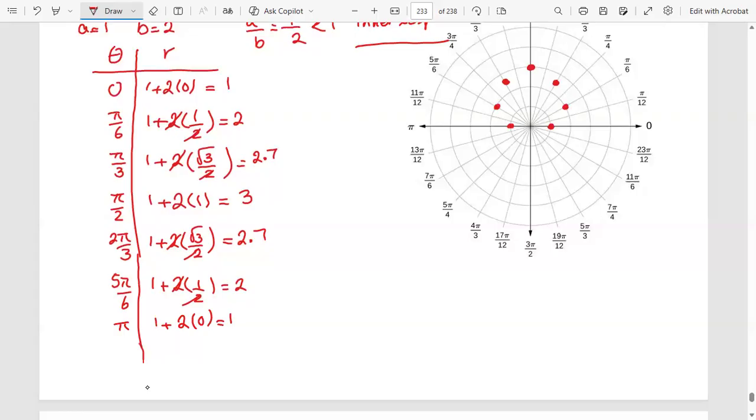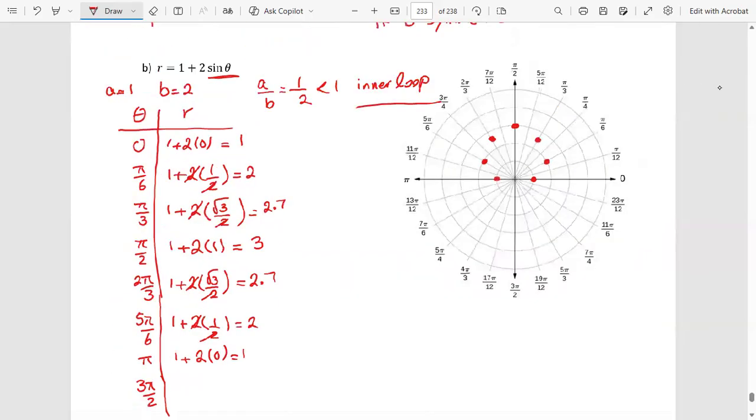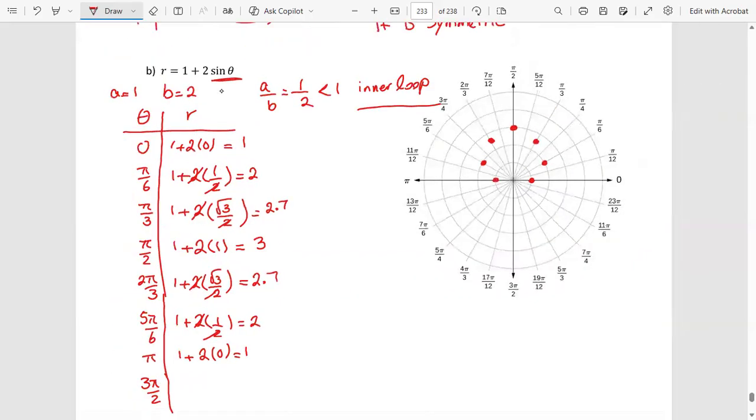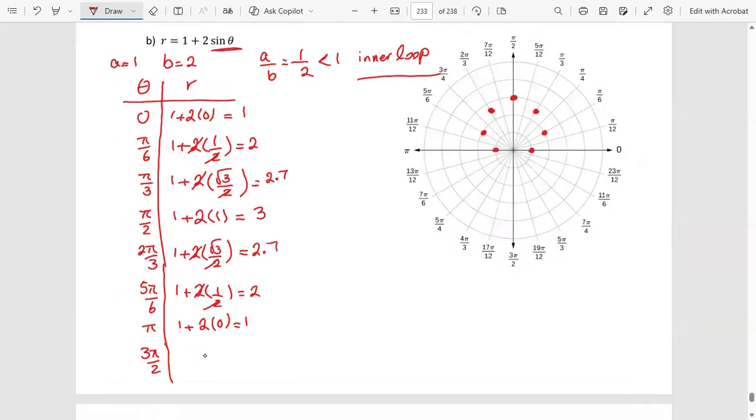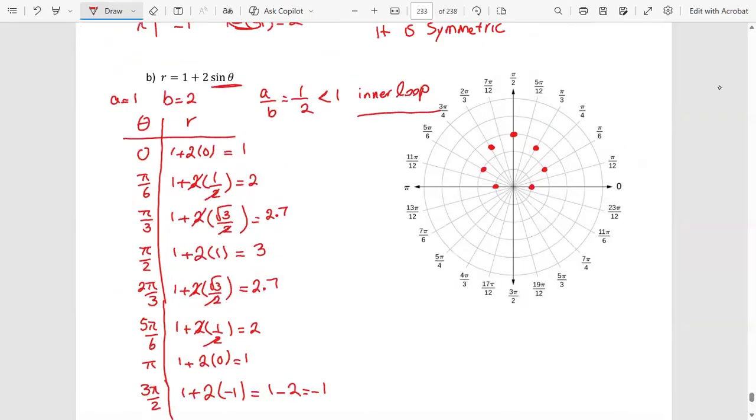Because of that, I'm going to add more points. For example, I'm just adding 3 pi over 2 as well, because I know that the sine of 3 pi over 2 is -1. And 1 plus 2 times -1, which is 1 minus 2, is -1. For 3 pi over 2, when r is -1, that means instead of here, we should have a point here. And now we see that the inner loop is forming. Now, if I connect the points,